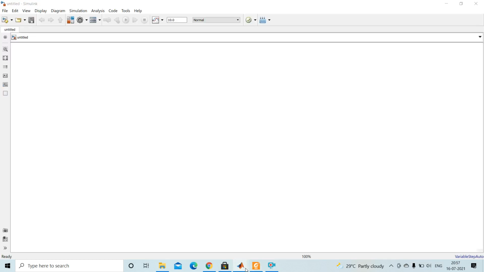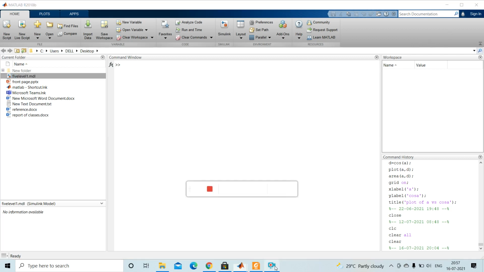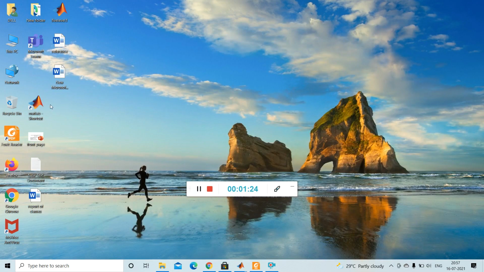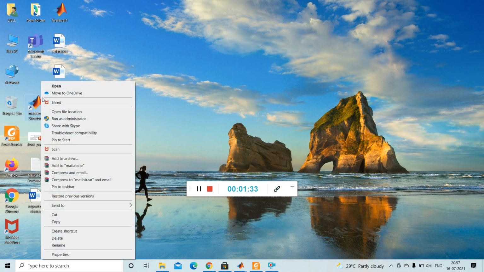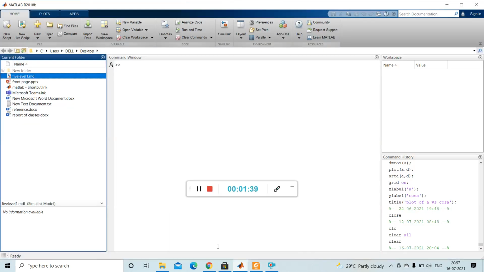This is the MATLAB icon, the MATLAB shortcut icon. By double clicking on this icon, or by right clicking here and clicking open, we can open this window.